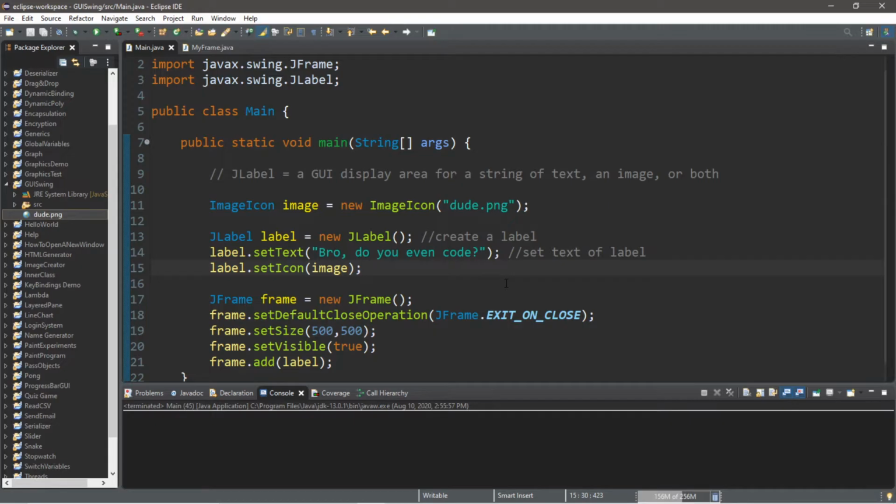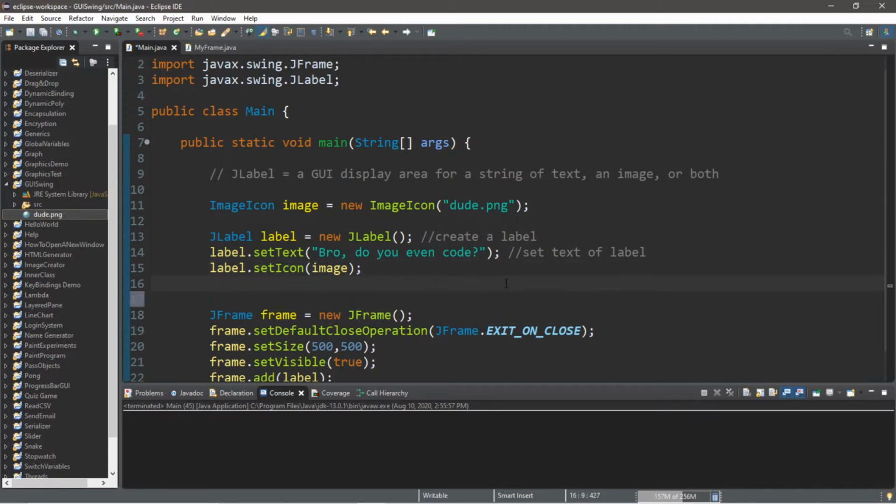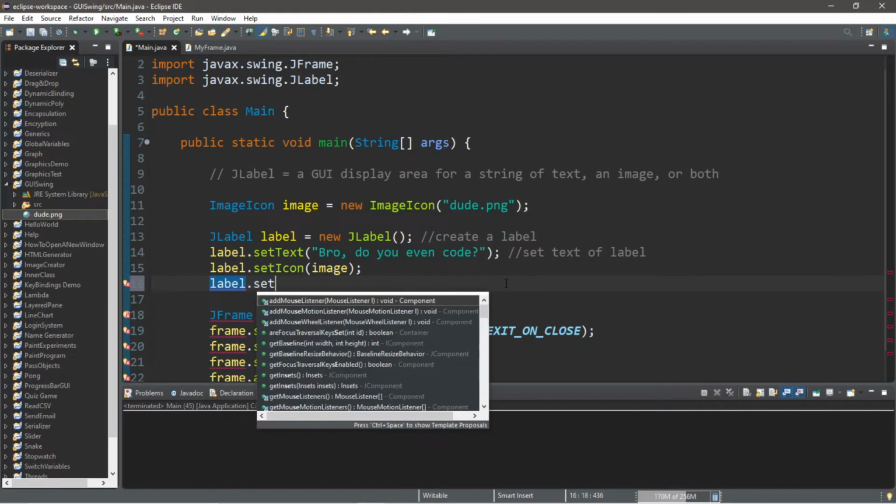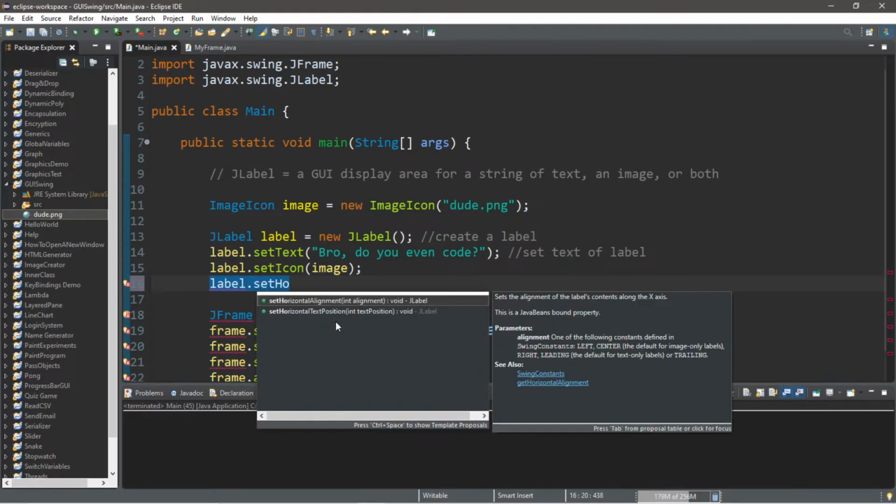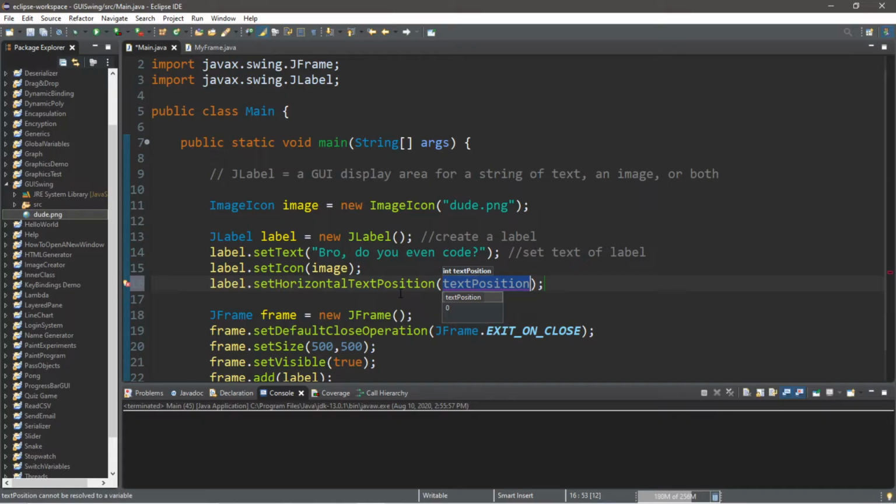There's two functions to help us with that. That is set horizontal text position and set vertical text position. Let's begin by setting the horizontal text position. So we're going to take label.setHorizontalTextPosition, and we can pass in a constant. There's three options that we can use really to help us with this. They are JLabel.LEFT, CENTER, or RIGHT. Let's say that I want to put this in the center. That would be